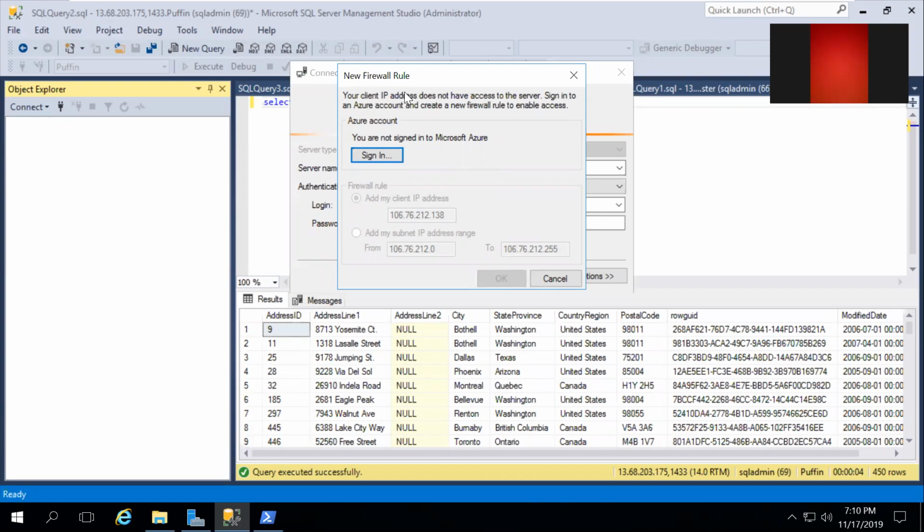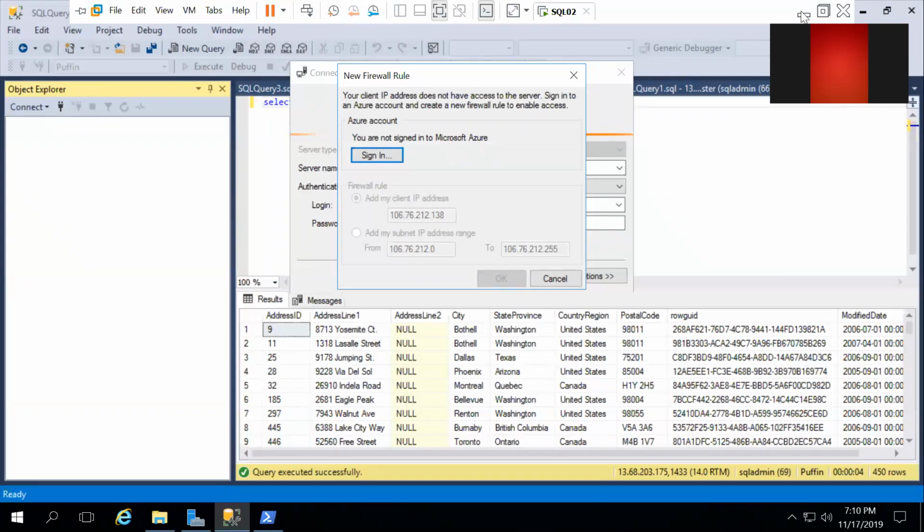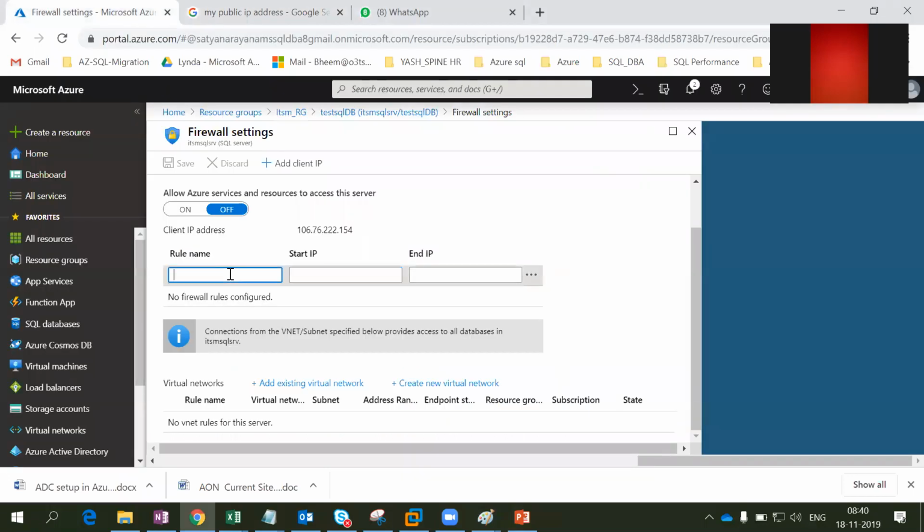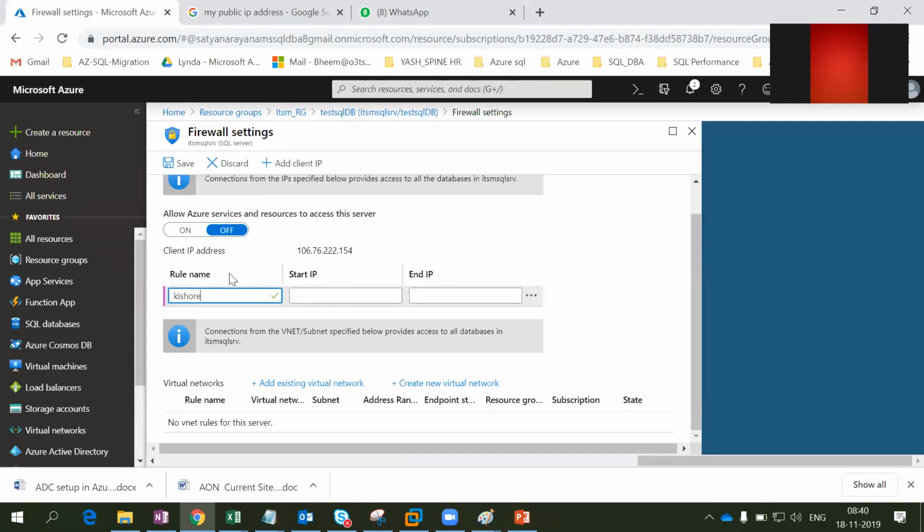Let's say I have taken some subscription, and you are an L1 and L2 person. Instead of sharing this user ID and password with you, I'll ask you to provide your public IP so that I can add it. Let me do that part. So this is my public IP, this is Kishore's system. Even if you guys have the public IP, give me, I'll add it, and you can try to connect if you have the management systems. Anybody who has a public IP, share it with me and I'll add it.